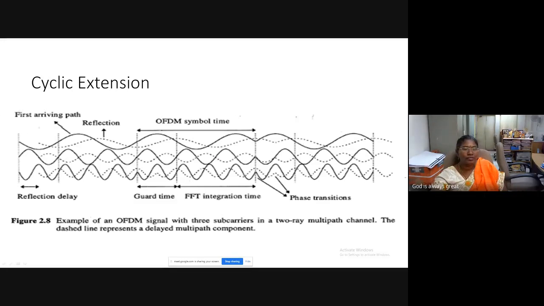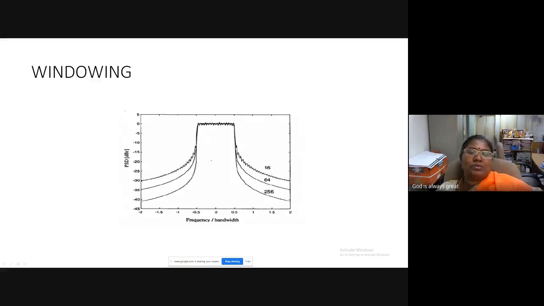So you have a direct ray and a multipath reflected ray. Even if you have multipath reflected rays, the orthogonality is not disturbed. So that's what they are claiming by using cyclic prefix. So definitely you need cyclic prefix. The cyclic prefix will overcome the adjacent symbol interferences and maintain the orthogonality between the subcarriers in OFDM.